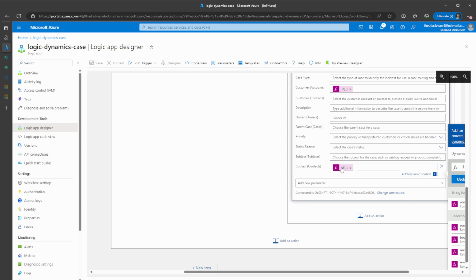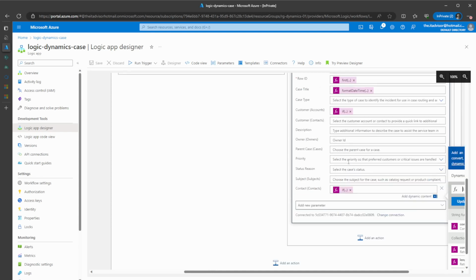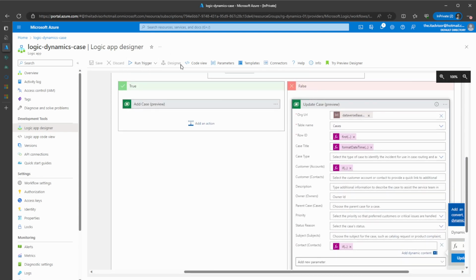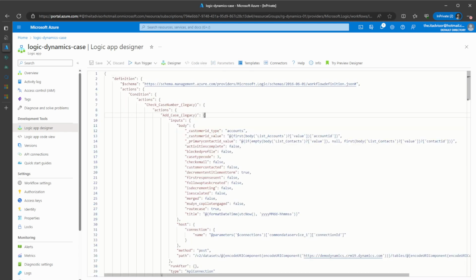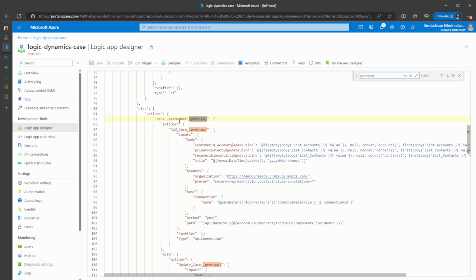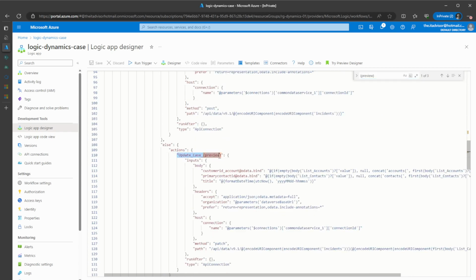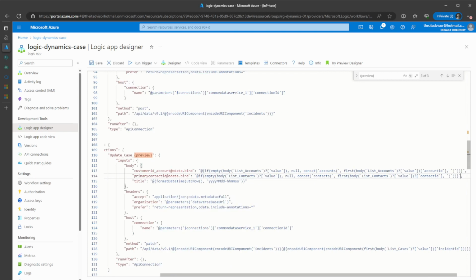Even though it's not shown in the hint, you will not find the braces in the hint. And the only thing for you to do to correct this is to go to the code view and find the section. Let's see. I will search by preview. Update case. Yes. The primary contact ID, data bind. Here is my statement inside the braces. So I have to remove them,